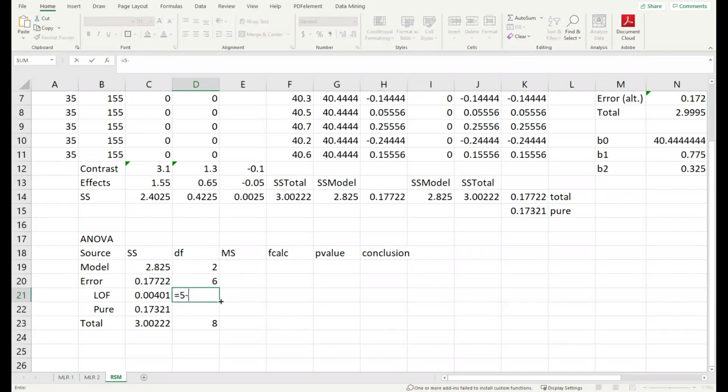That's 5 minus, we have 2 factors in this experiment, that's x1 and x2, plus 1. So that gives us 2. So if we compute the pure error, that gives us this 4. Okay? So we can now compute the